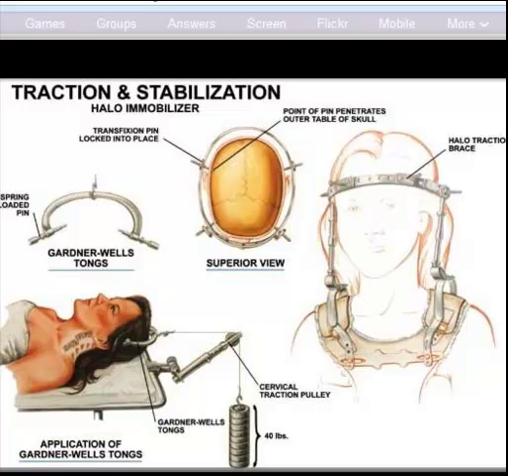You also need to look at the insertion sites of the halo and of the tongs to make sure they're clean and free of debris. Usually they have some kind of protocol to clean the site with normal saline and maybe apply some Neosporin ointment to the site as well. So in our nursing care, we want to make sure that